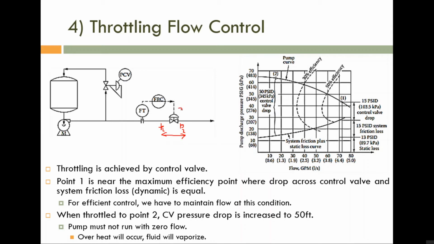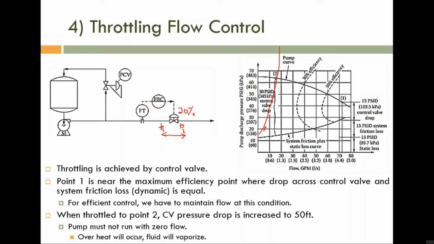Say for convenience, say this one is 20% open. If it is 20% open, the pressure difference will increase. The remaining pressure drop is the same, the remaining frictional loss is the same, but the pressure drop due to the control valve is increased if you are closing the control valve to 20% open. So what is happening? The control valve will, I told you, contribute an additional drop that is increased due to the closing of the control valve. So this one is the new curve due to 20% control valve opening.